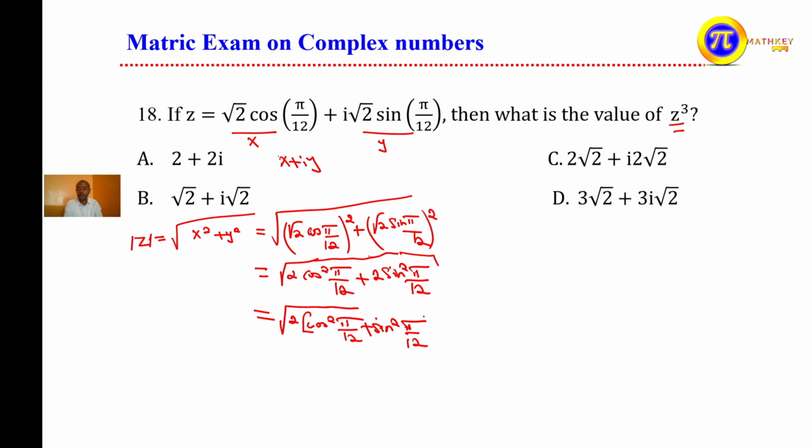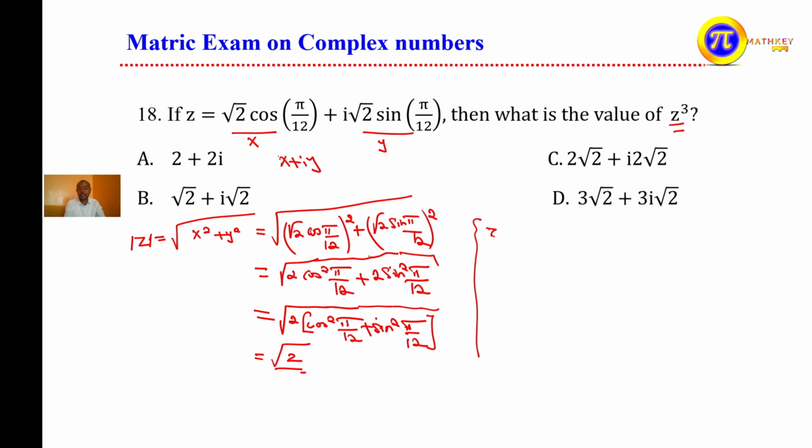You know that cos squared pi over 12 plus sine squared pi over 12 is what? That is identity 1, since sine squared theta plus cos squared theta is 1. This implies that this is equal to the square root of 2. After obtaining this radius or modulus of z, that is r, we can express z to the